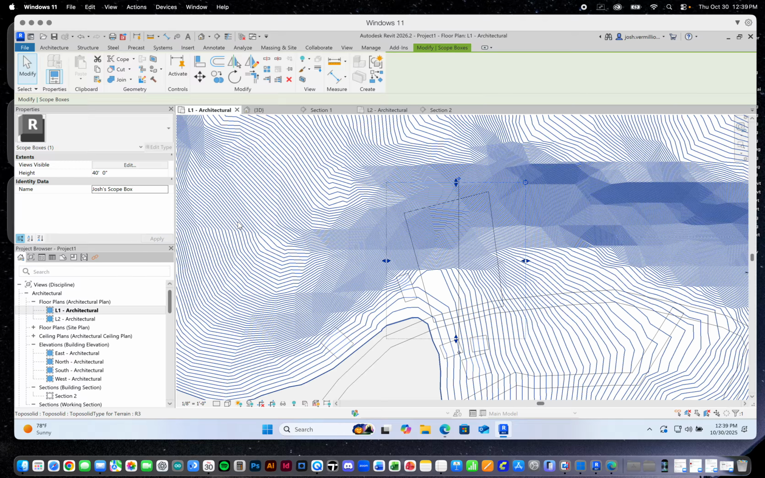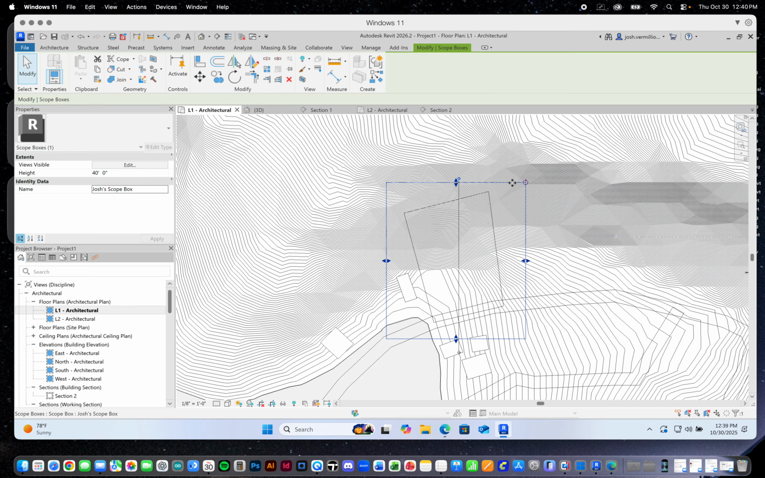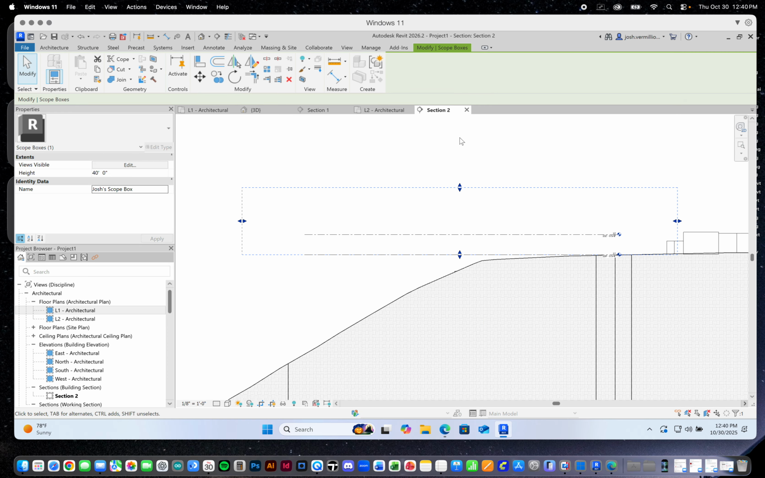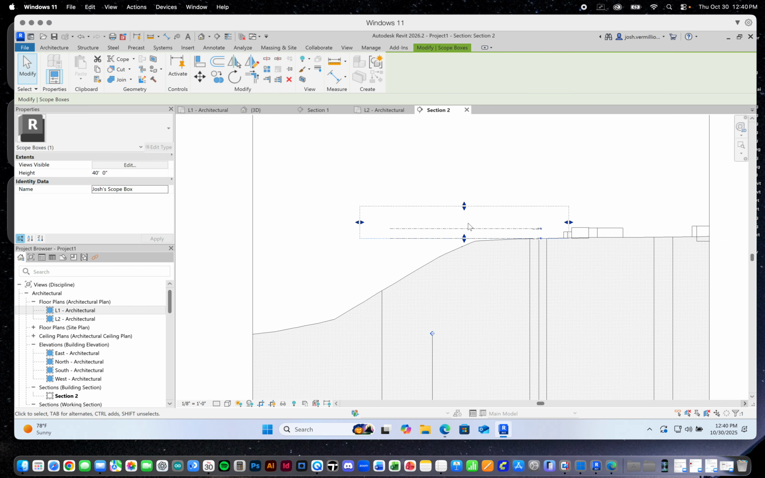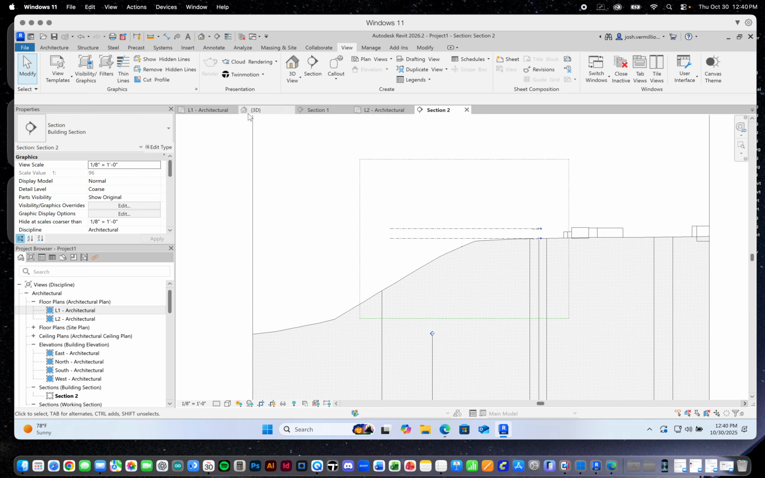All right. And it's still selected, right? It's still blue. I'm going to go ahead to my section. You can see in my section, I need to maybe adjust this. I'm going to go ahead and make this deeper so I can see. There we go. Yeah, just like that. All right. Now, when I go back to my floor plan,